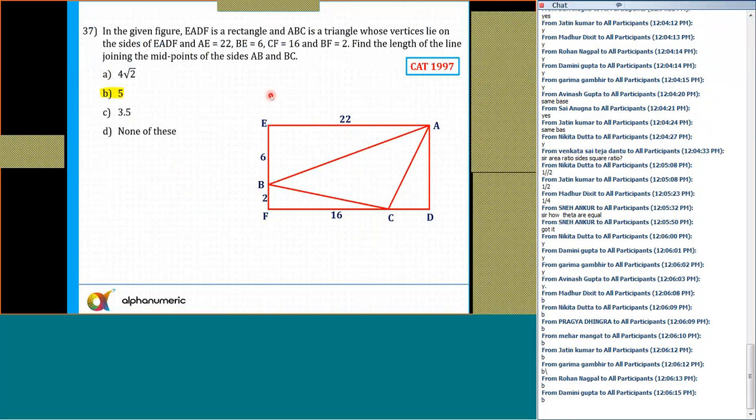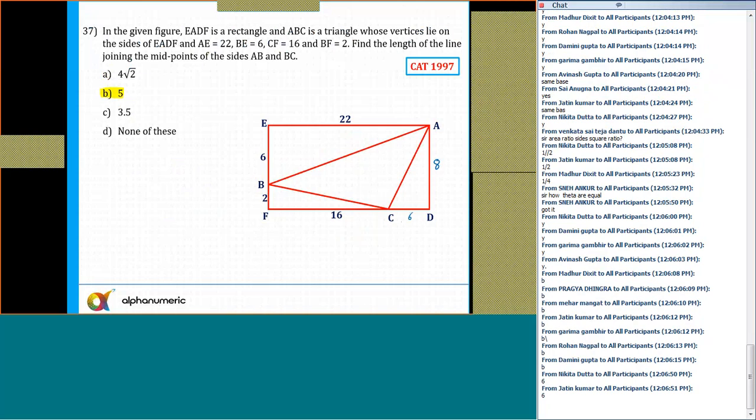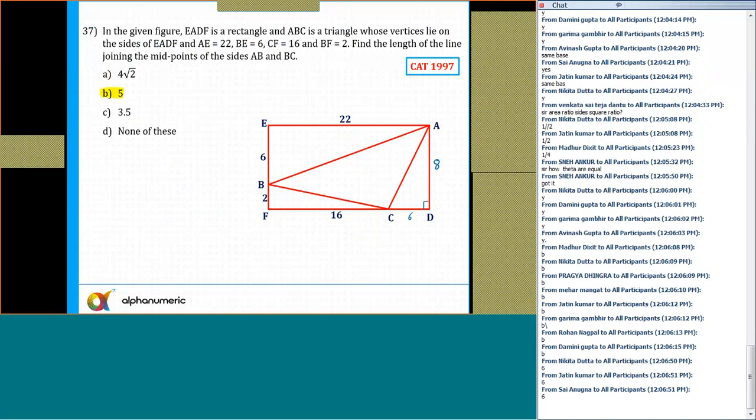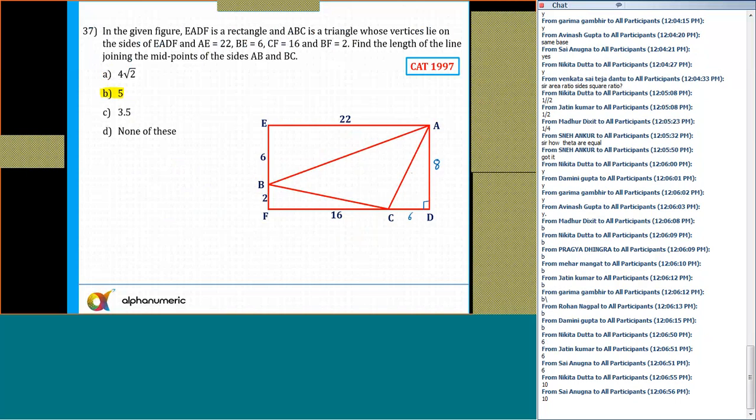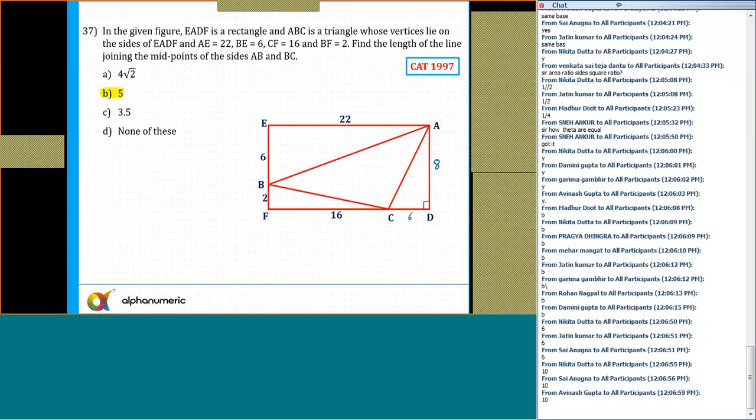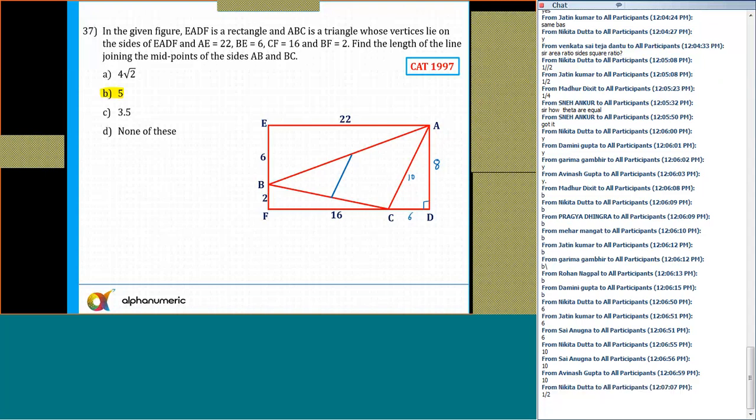Okay. So first of all, tell me the length of AD. The length of AD is equal to 8. What is the length of CD? That is 6. So this is a 90-degree angle. So 6, 8. What is the length of AC? Pythagorean triplet, 6, 8, 10. So the length of AC is 10. And we know that whenever I join the midpoints of the sides of a triangle, the length will always be half of the side. So this will be equal to 10 by 2, which is equal to 5. So the answer is option B, because whenever we join the midpoints, the length will always become half. Any doubts to anyone now?